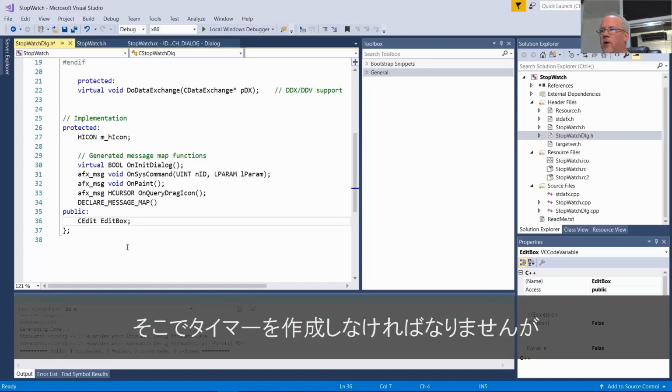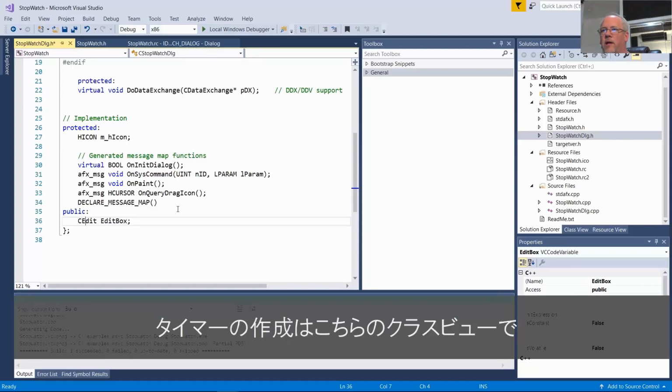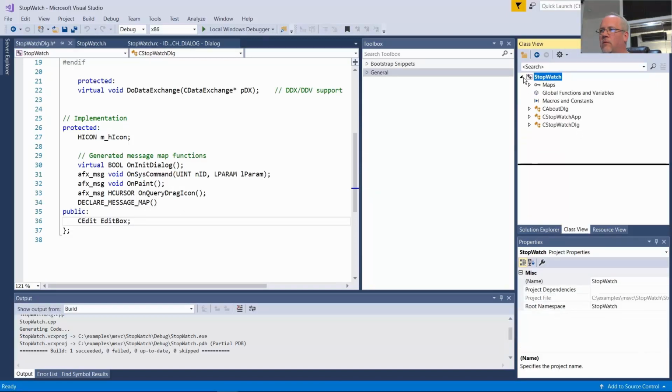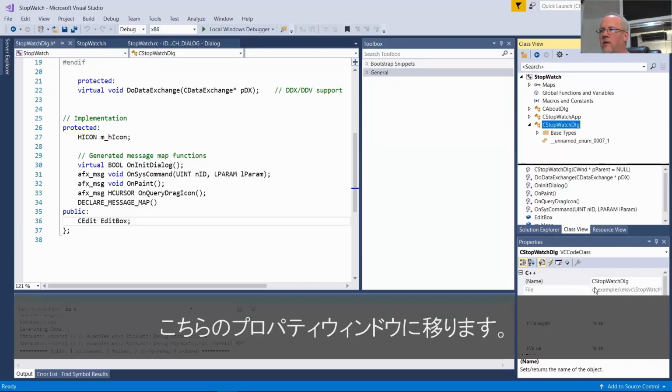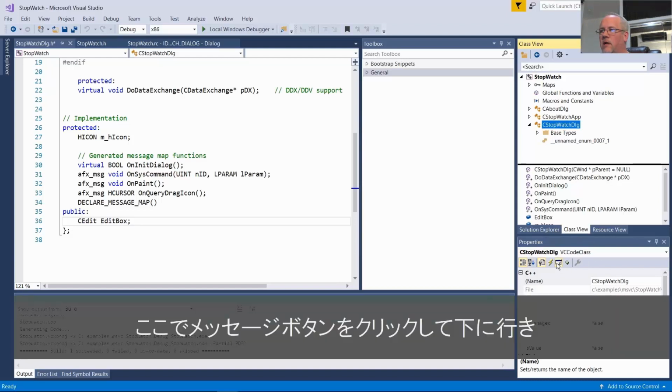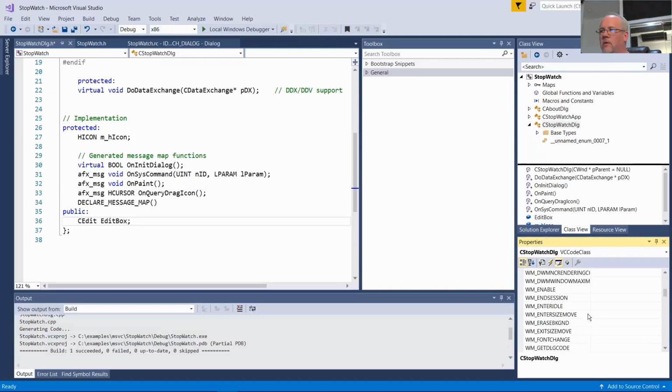So we'll need to create a timer. And the way you create a timer is you go to the class view, find your dialog. Down here in the properties window, so that's this box here, you have a messages button. You click the messages, you go down to WM_TIMER.